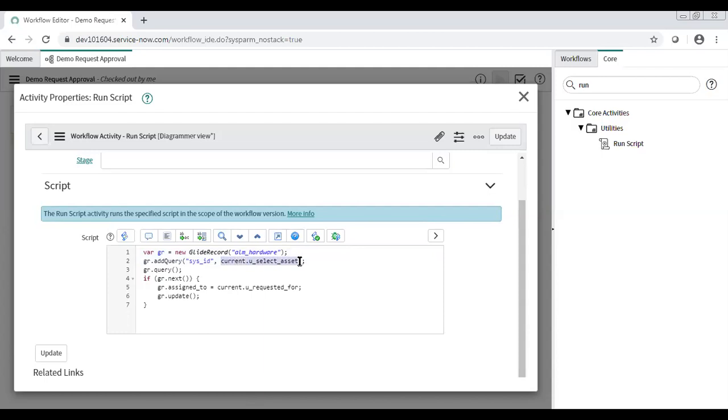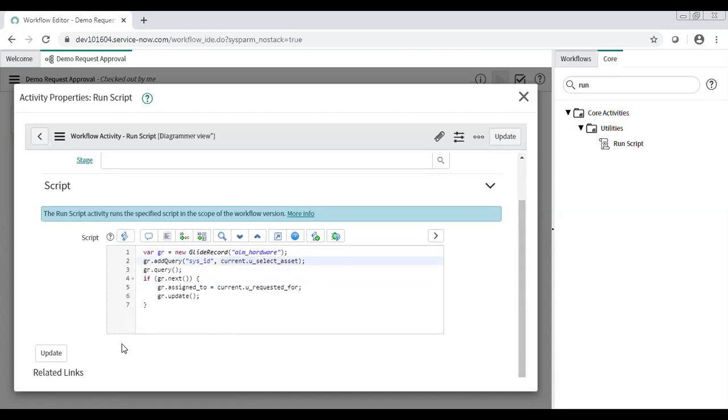This field exists on the request table. So I am saying the asset selected in the request table should be queried. This particular field will return me the sys ID of that asset which exists in this table. So that's what I am saying: query the record where the sys ID of the asset is similar to the record you selected on the request.